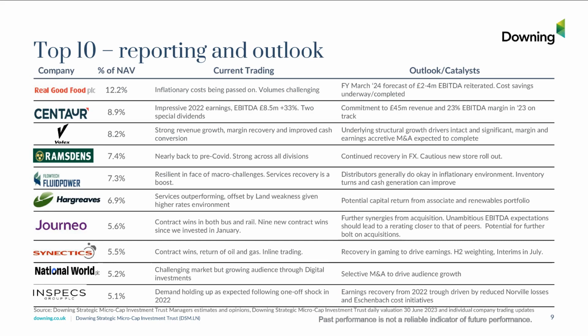And perhaps the most important aspect, the final aspect here, is that cash conversion was much better, and that helped net debt come back down. We think that was a key concern of the market. So with more normal supply chains and more normal working capital going forwards, we expect similar levels of cash conversion